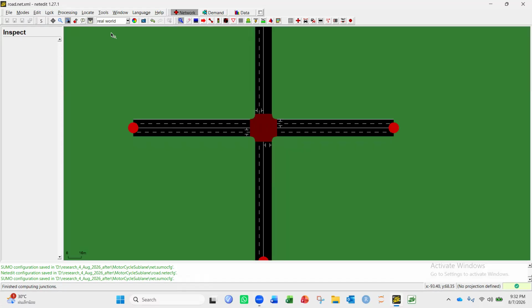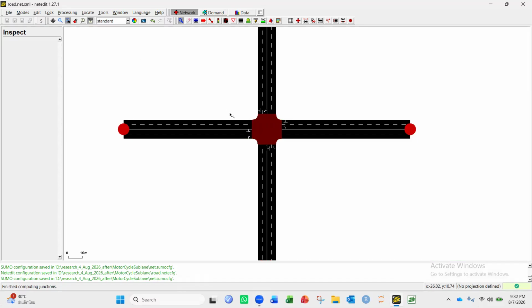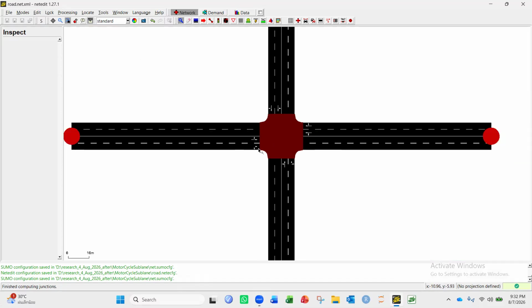You can see, what I will do is assign lane filtering of motorcycles using lane resolution, sublane resolution, and also use queue jumping using stop line before.